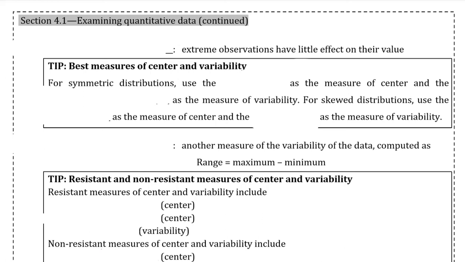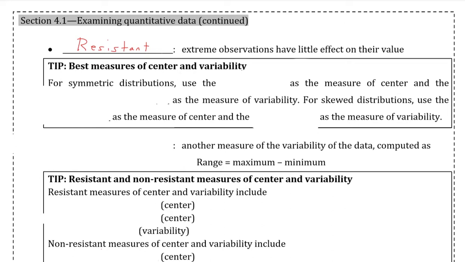This lecture will be the fifth to cover section 4.1 for Intro to Statistics, examining quantitative data. This video will specifically cover some of the measures of center and variability discussed up to this point and how resistant they are. When we say that something is resistant, we imply that extreme observations, such as outliers, have little effect on their value. Some statistical measures we've discussed in previous sections can be very influenced by these extreme values due simply to how they are calculated.